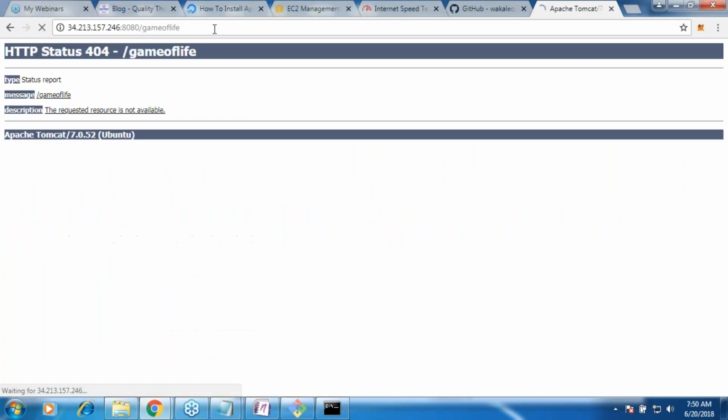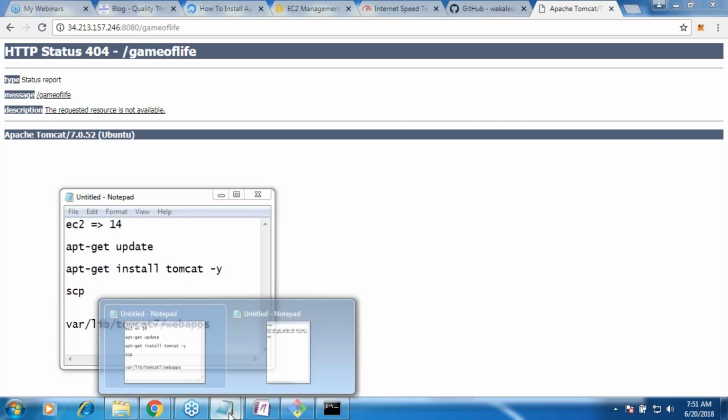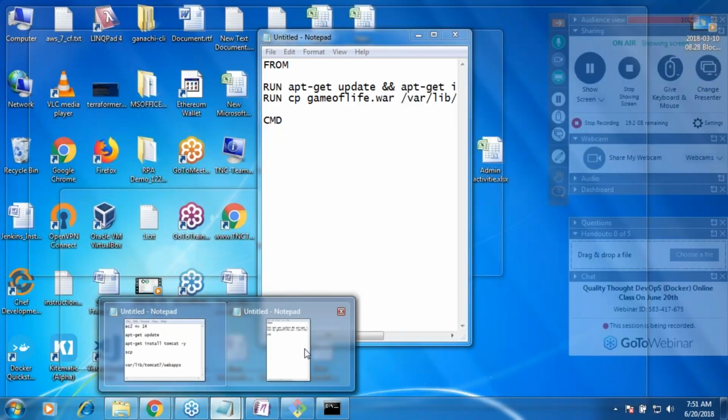Now let us see what would happen. The error is fine. Basically I want you to do the same thing whenever we try to do the container stuff. Let us not worry about success or failure. If I want to convert this into a Docker image, whatever steps you have taken to bring this up will be part of your run statements. Approximately, by looking at these steps, my container might look something like this.